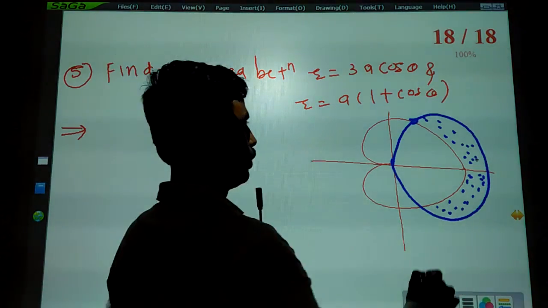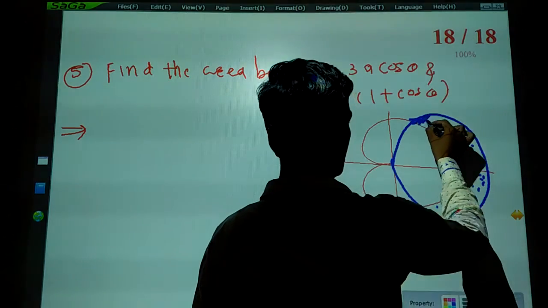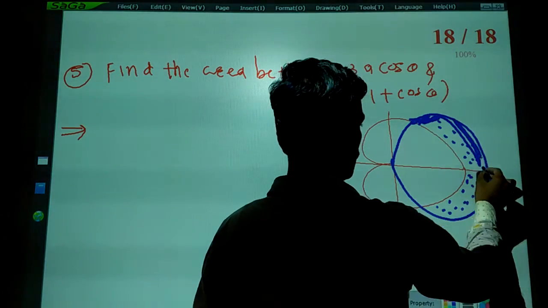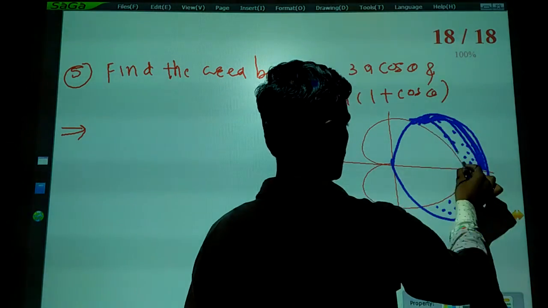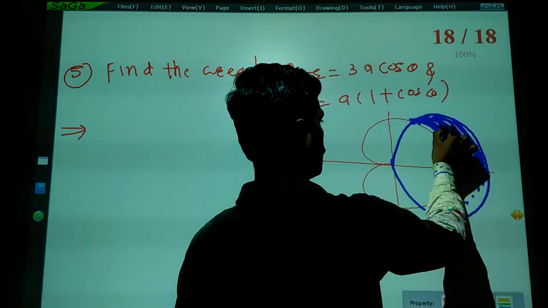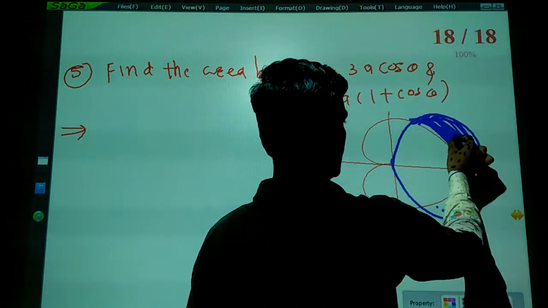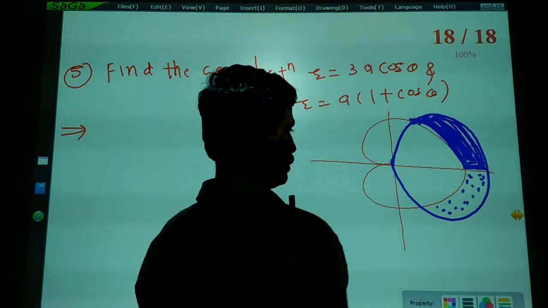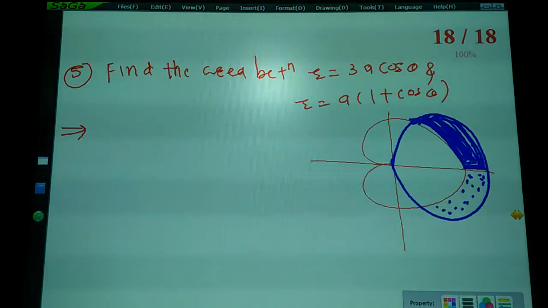So firstly we will think about the first quadrant. By using the first quadrant we can calculate the common area between them by multiplying by 2, because this is one part and this lower one is another part. So to find the area of both parts, we calculate only one part and multiply it by 2, and then the area of both parts is obtained. Okay.